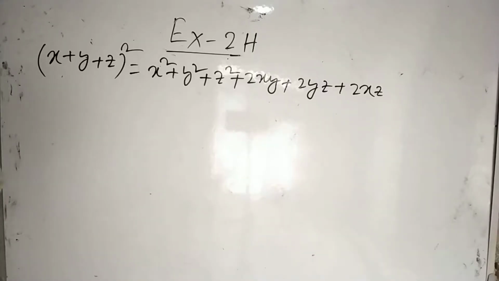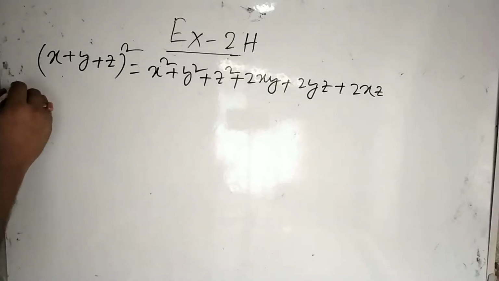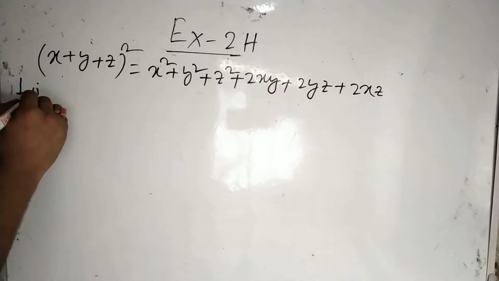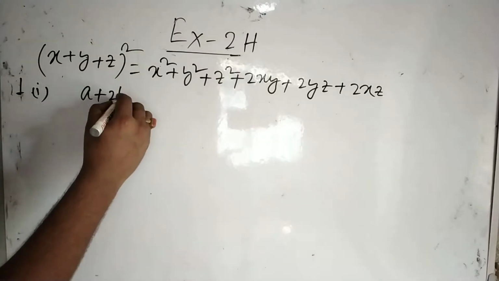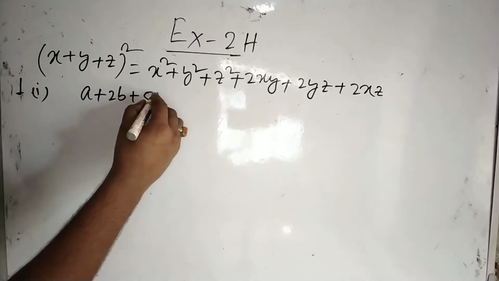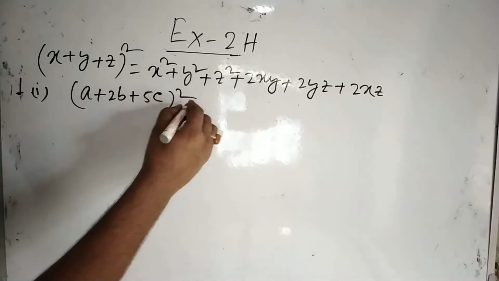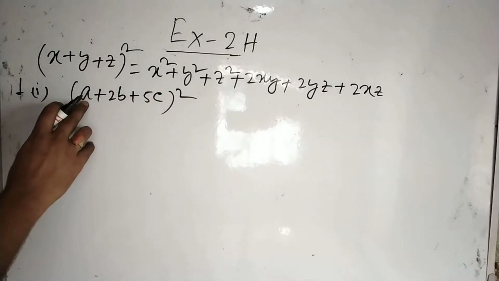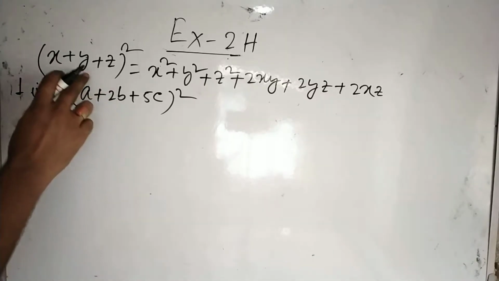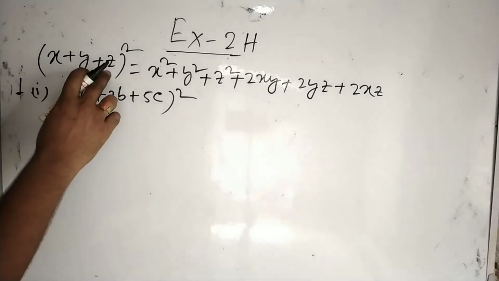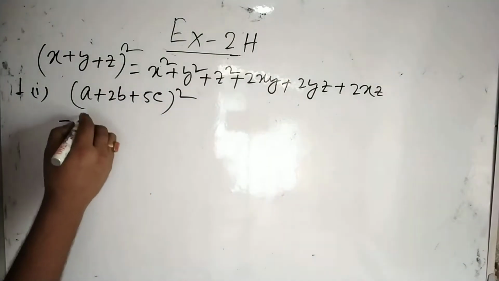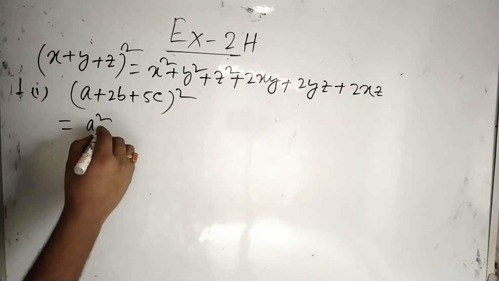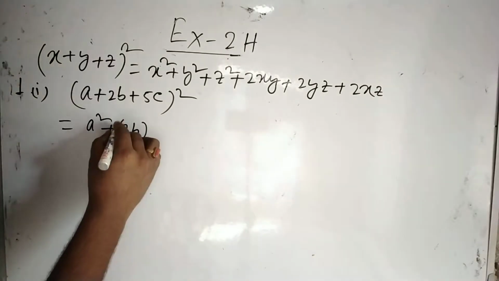Let us do the first question. What is given? First one is 1 Roman 1. Expand (a plus 2b plus 5c) whole square. So if we consider a as x, 2b as y and 5c as z, then put the values in this expression. So it will be first one square, that is a square, then second one square, 2b whole square,